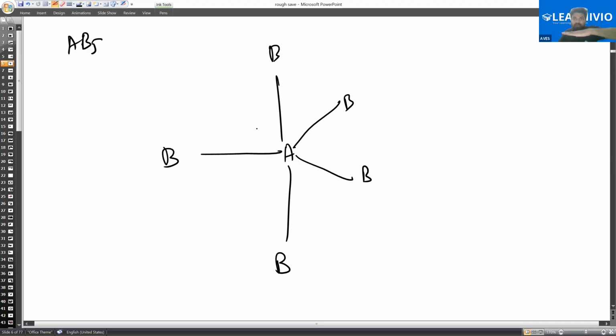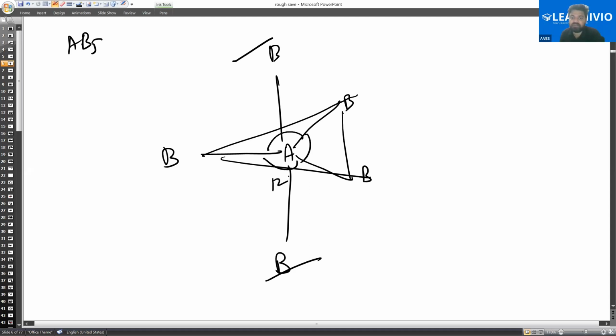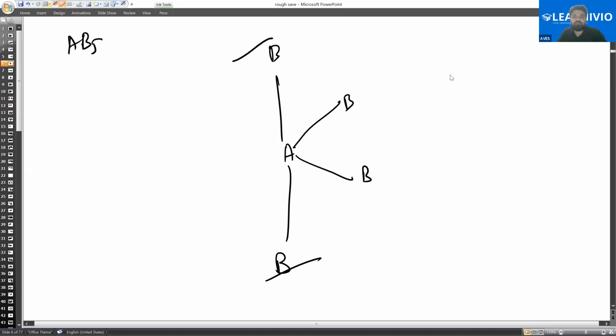So this is just, you can imagine that this triangle is in a plane, and this one B, this one B and this one B, means this is triangle, these are like horizontal, and this B and this B is below, it is making 90 degree. So but these, this one and this one are making 120 degree angle। तो इनमें से मान लेते हैं कि ये वाला B हटा, you are going to have AB4E, then the electron cloud will come on this position,